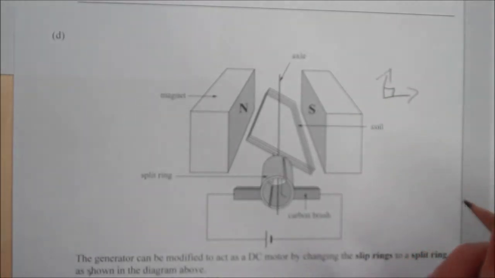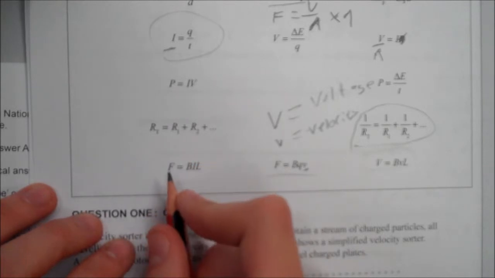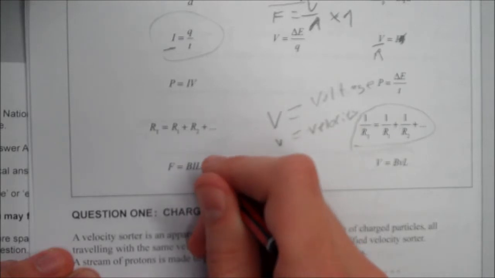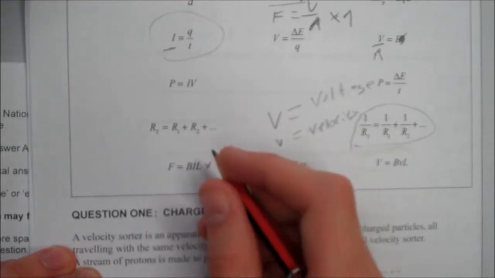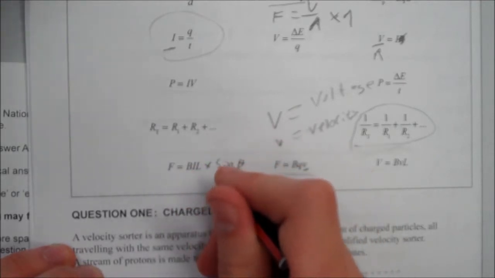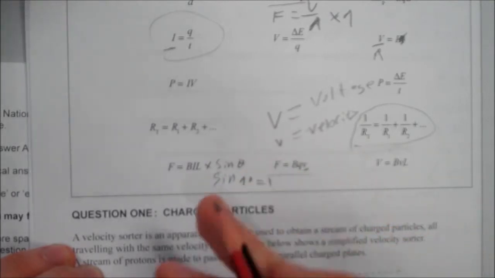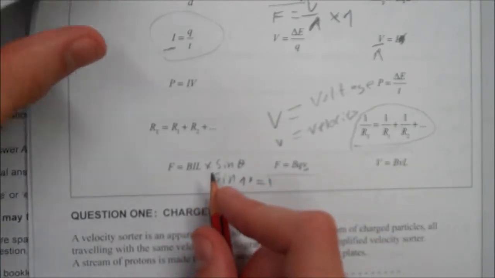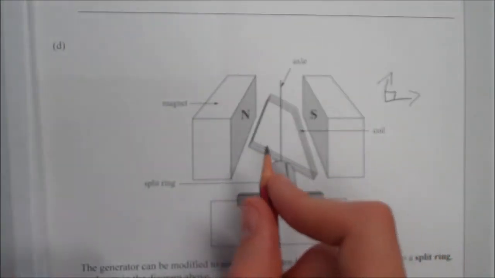And the reason for that is, looking again at our formula sheet, this here is the force felt. We need to write this properly: it's actually times sine theta, but a lot of the time the angle is going to be perpendicular, and sine of 90 degrees is 1, so you don't need to use that. But when we're finding the position of the coil, that's going to be when it's perpendicular, because otherwise, when there's an angle here,